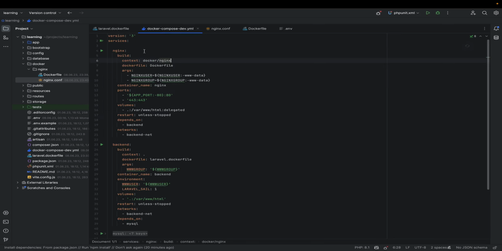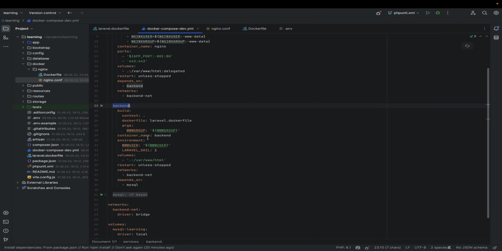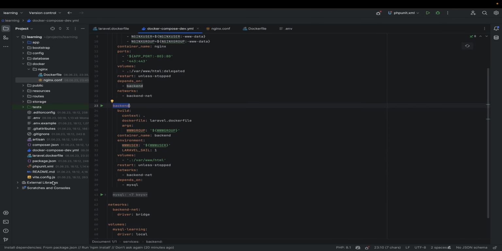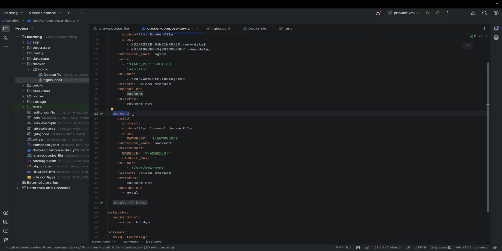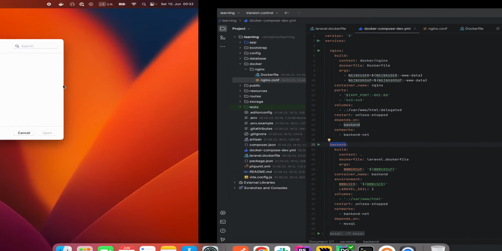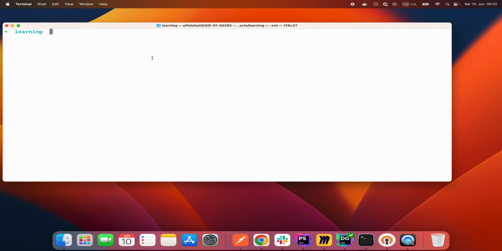If you name anything except the backend, then you should also modify this part. And yeah, that's it. Everything is fine for us. As you can see, I should run this file. Docker compose. Okay. And the point that I forgot, if you use any other name except Docker compose, you